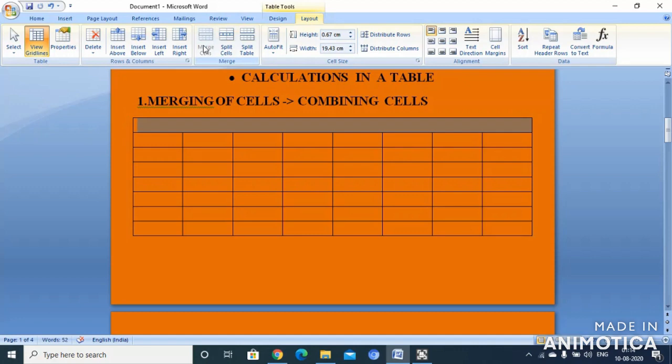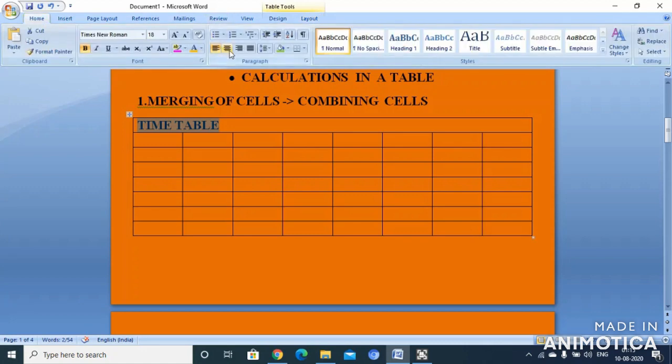Now that the cells are merged, we can write here Timetable. Now we have to align it to the center of this table. Go to the Home tab, click on Center, so that it will come in the center of the table.